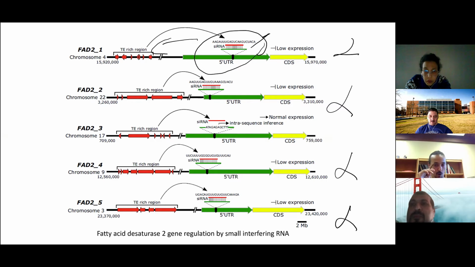So we have only one FAD2, which is number 3 in chromosome 17. This is the only one working. So what's going on? There is no desaturation of oleic acid into linoleic acid. And that's why